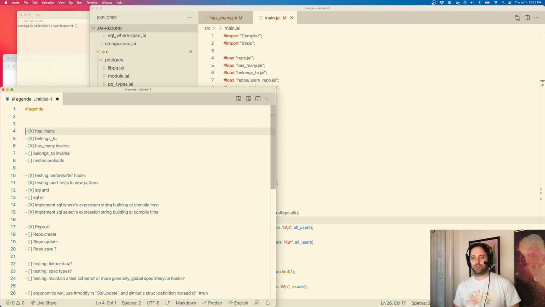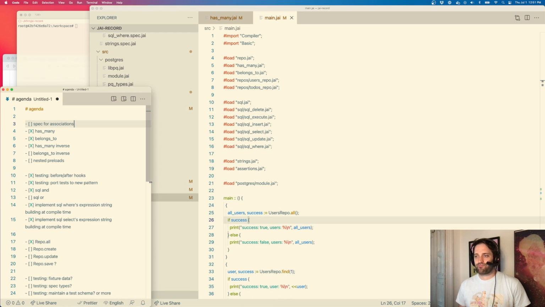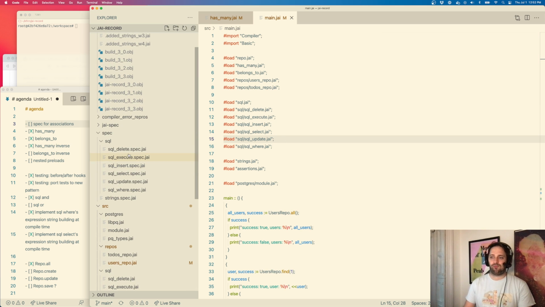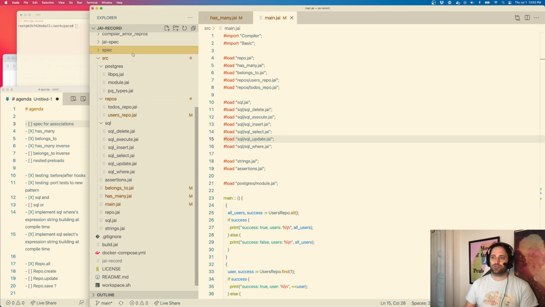Alright, but really what we're doing today is specs for has many, belongs to, inverses. I'll just say specs for associations. Cool. Alright, so spec